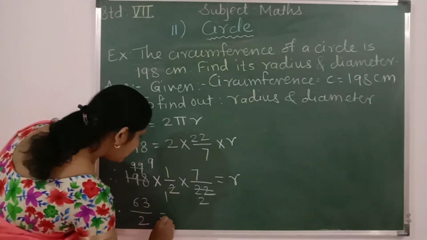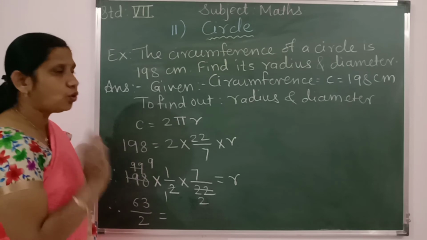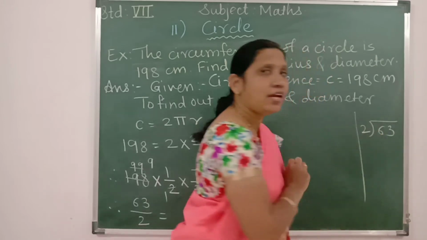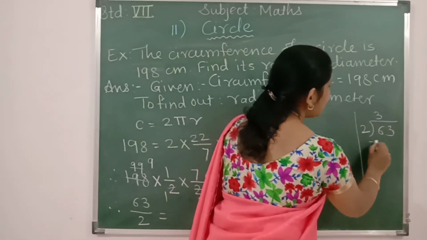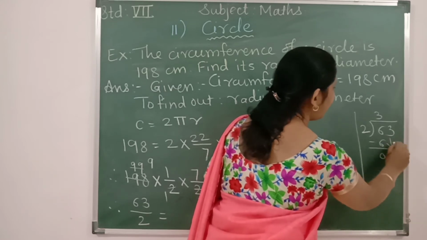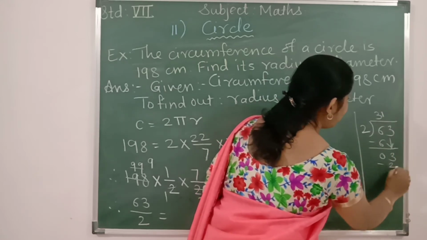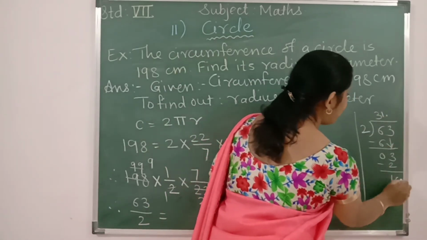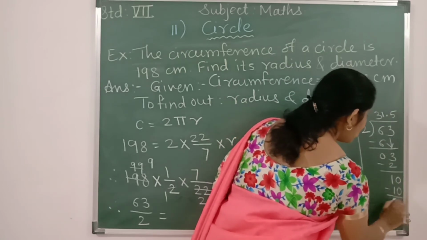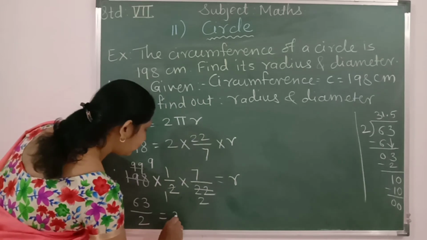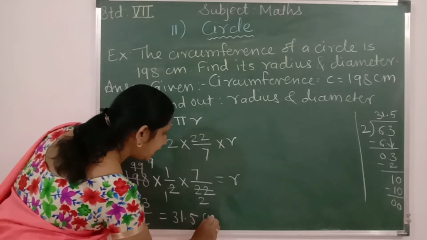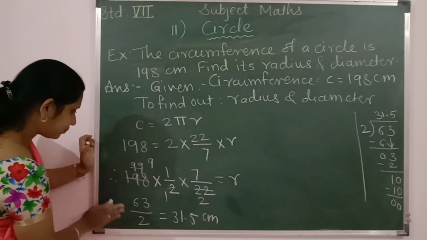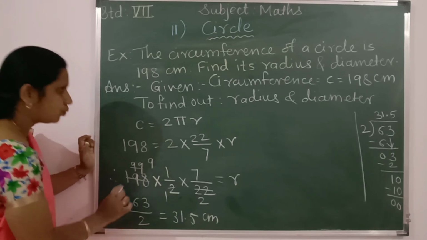Alright. Now this is very easy to find out, children. If you don't understand, you can do the actual division over here. 63 divided by 2. 2 threes are 6. Minus 6 will remain 0. Take down 3. 2 ones are 2. Minus 2, what remains? 1. We cannot divide 1 by 2. So put here a decimal point. Number becomes 10. 2 5s are 10. So what we got over here is equal to 31.5 centimeter. So what is r? Now this is r. R is equal to, okay.